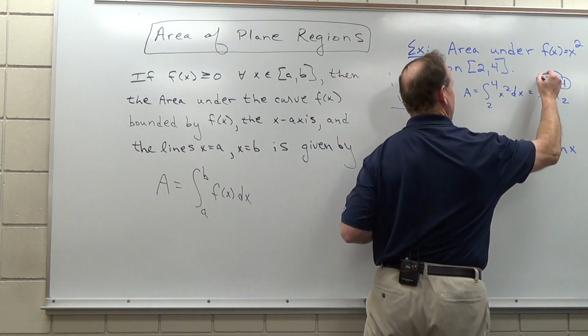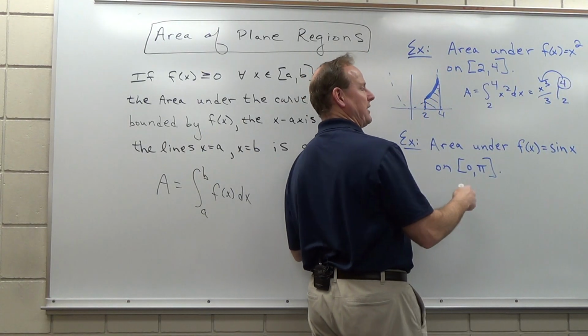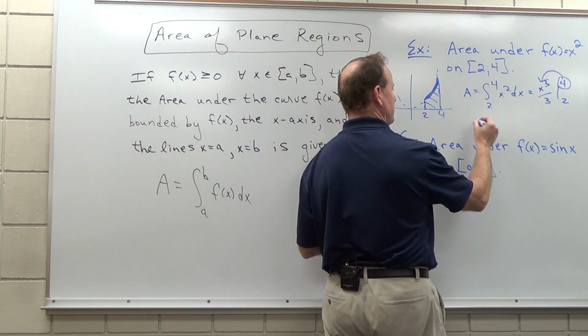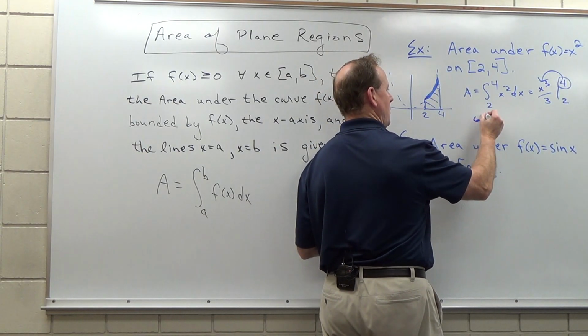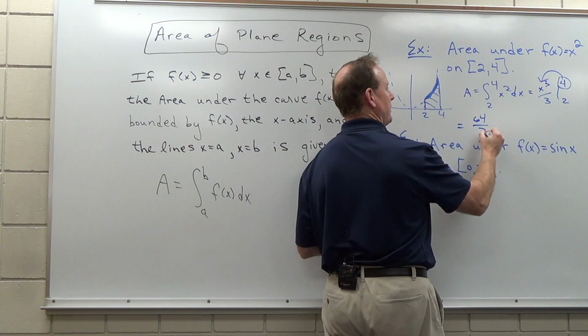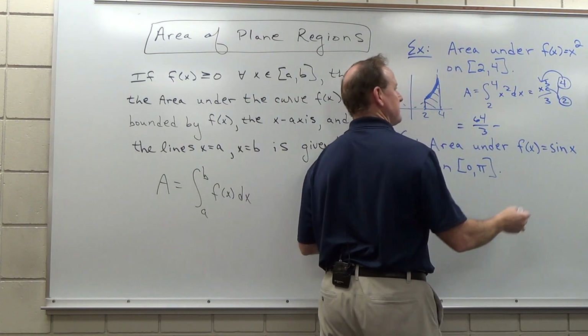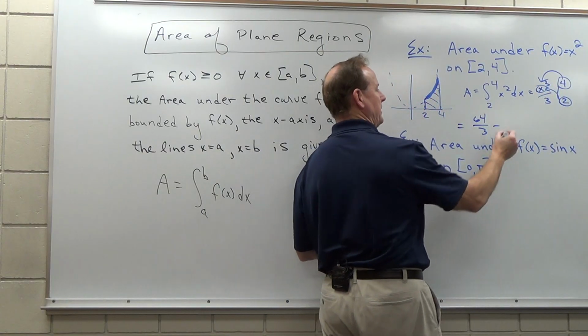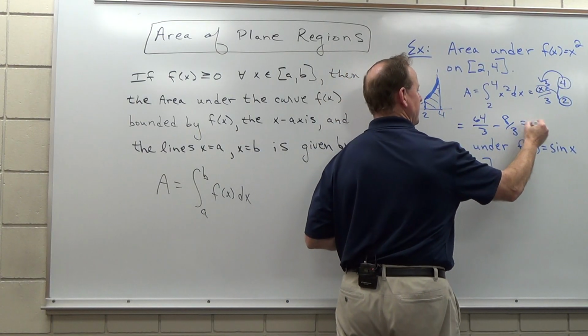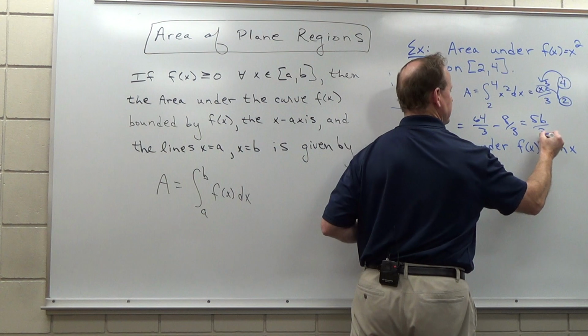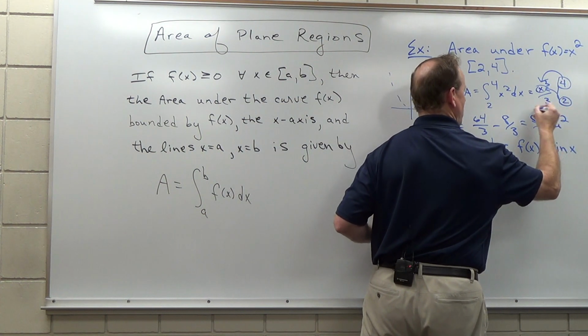Plug in 4, and we get 4 cubed divided by 3. 4 squared 16 times 4 is 64. So this equals 64 thirds minus, and if I plug 2 in, everywhere there's an x, it's going to be 2 cubed over 3, which is 8 thirds, and thus the area is 56 thirds square units,